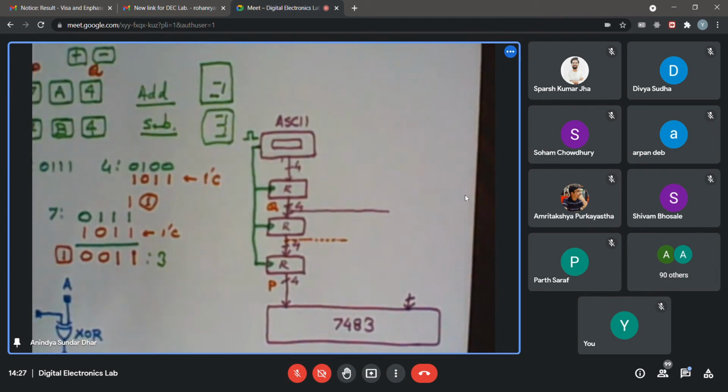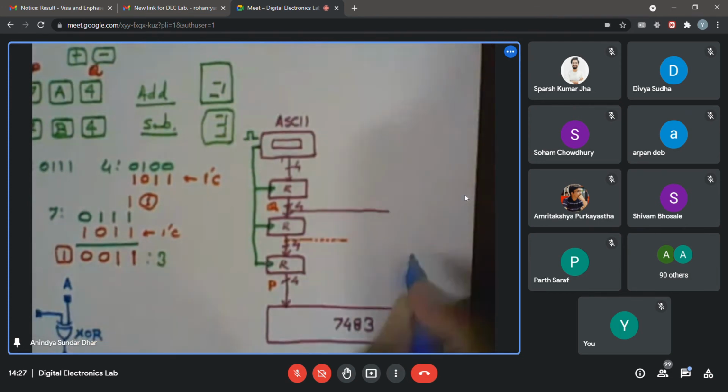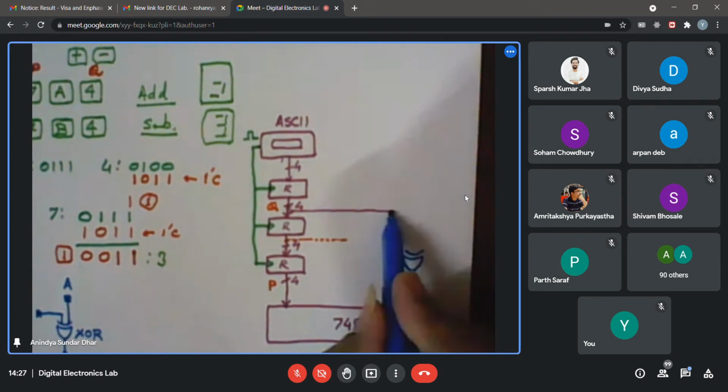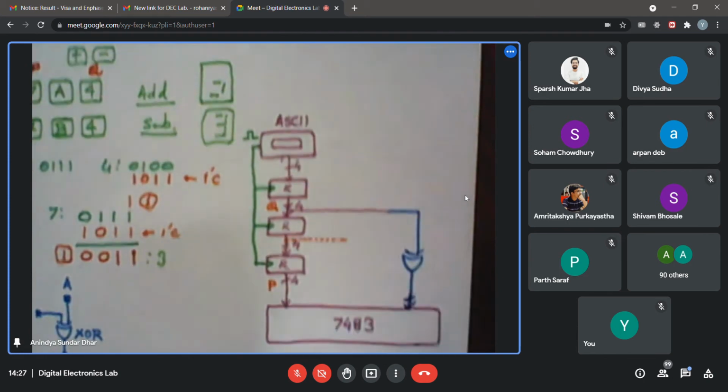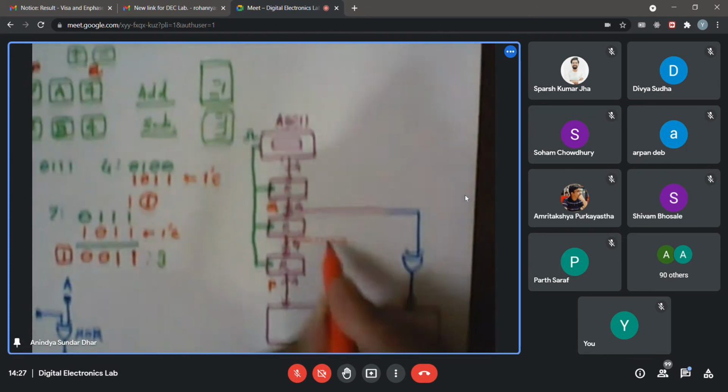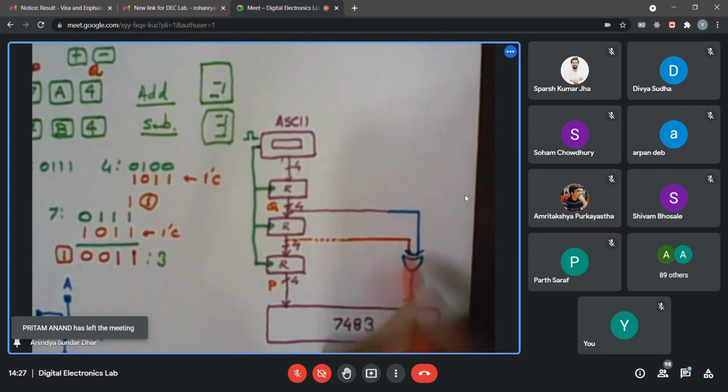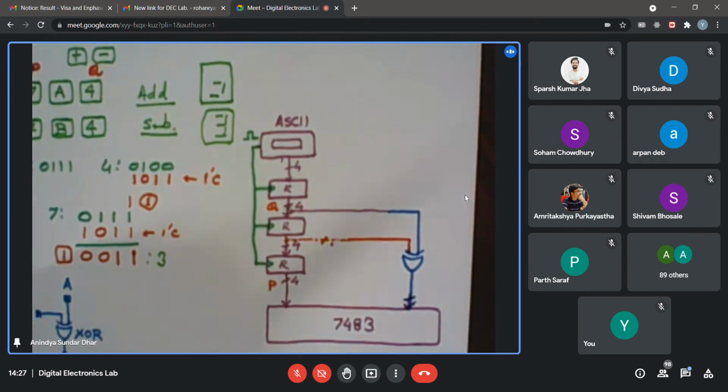So I am drawing a set of XOR gates. Formally, whenever we show a bus-like structure, we draw it like this, so maybe you can become familiar with that. I'm initially drawing like this, then I will expand the drawing for your convenience. So this is just one bit, but which one bit we have not yet defined. Here I'm showing it as a bus. I do not know whether you are familiar with this type of symbol.